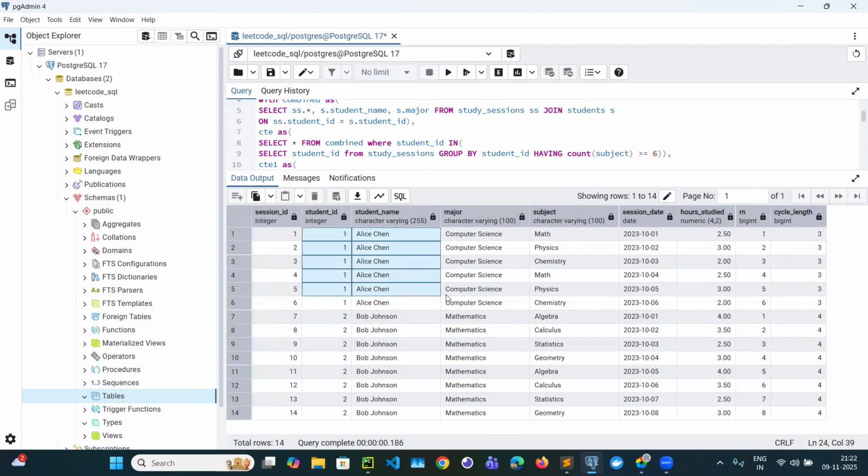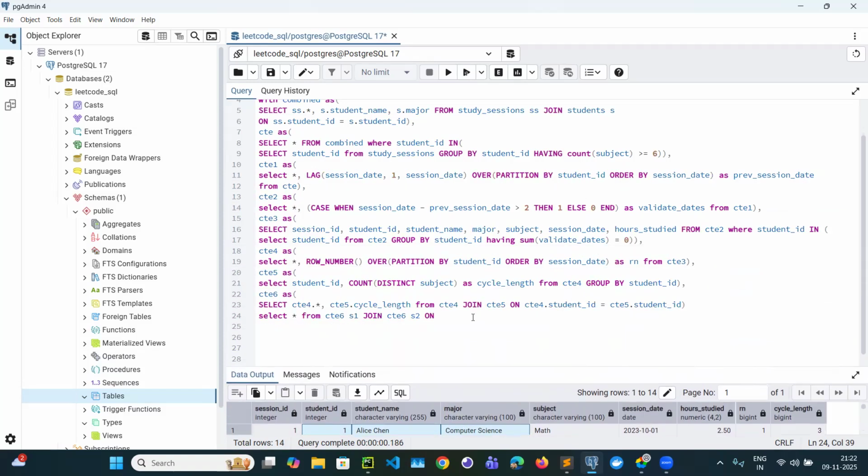It should join with the same student ID, because this math should come with this math basically on student ID. So on S1 dot student ID equal to S2 dot student ID, and